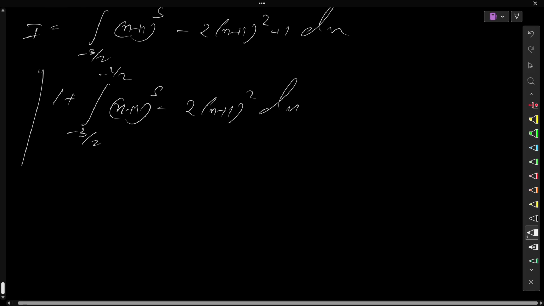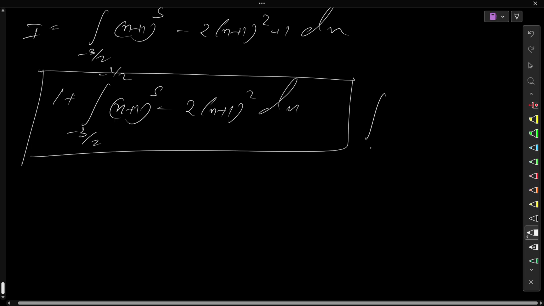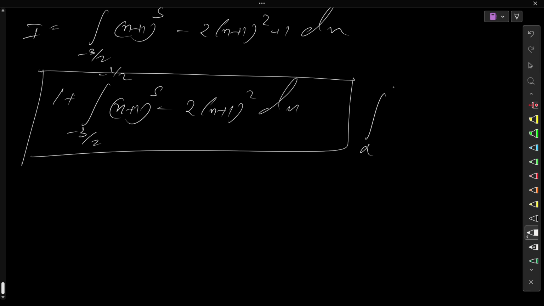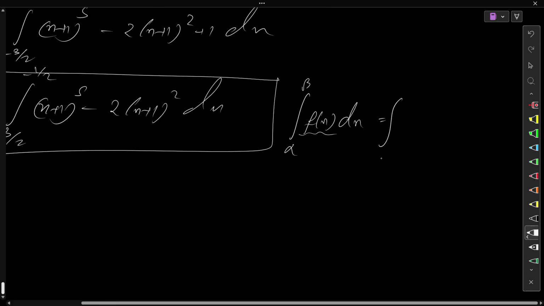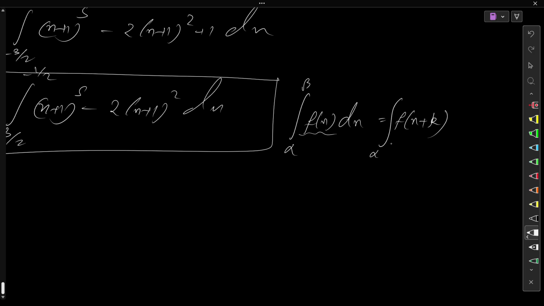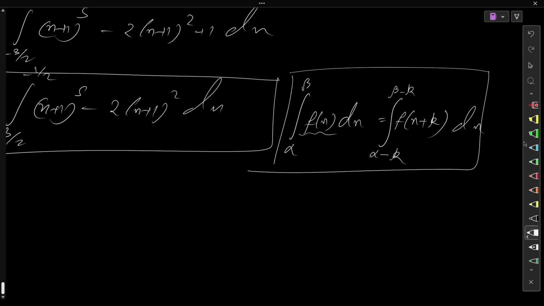So in this case I'll use the shifting property in order to evaluate the integral. The shifting property says that if you are evaluating an integral from alpha to beta of f(x) dx, and you are shifting the function by k, then if I am shifting by plus k, giving f(x plus k), the limits get k subtracted. This is known as the shifting property. So by using the shifting property,